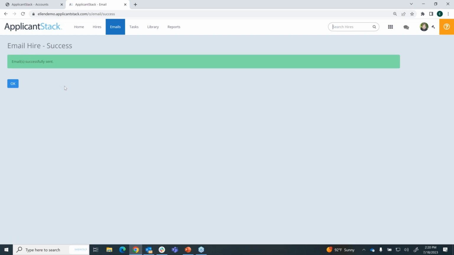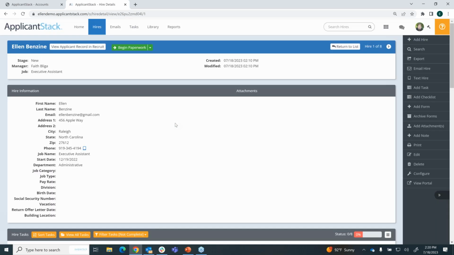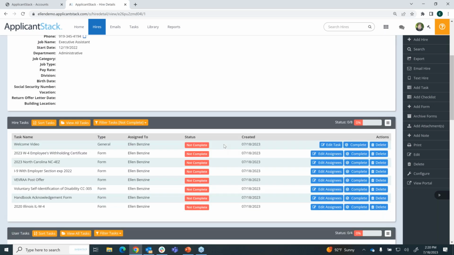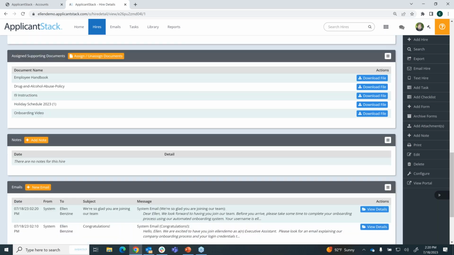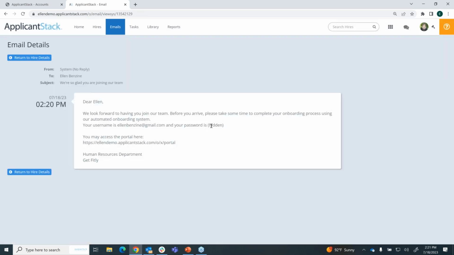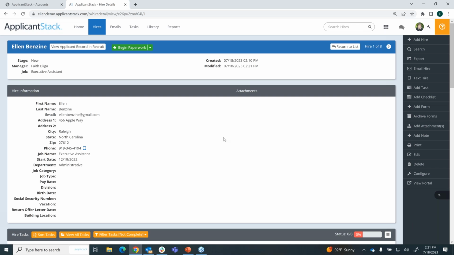it'll tell me the email was successfully sent. I can say, okay, great. I'm back in my portal. And again, that email will automatically be tracked via ApplicantStack. You can view the details of these emails, and you'll notice that information has been populated. So now your new hire gets the email and can start accessing their onboarding portal and completing the onboarding tasks